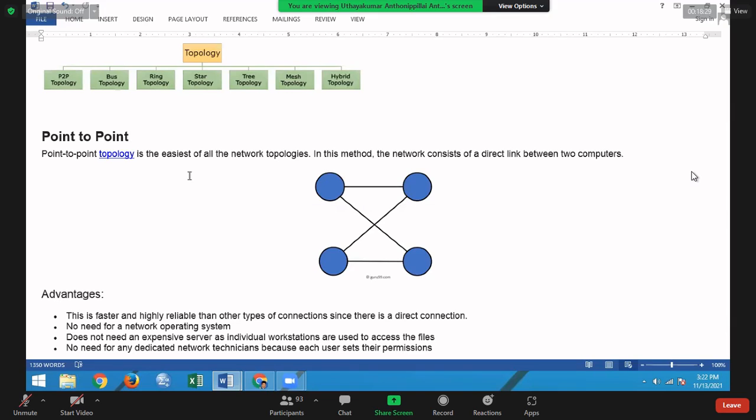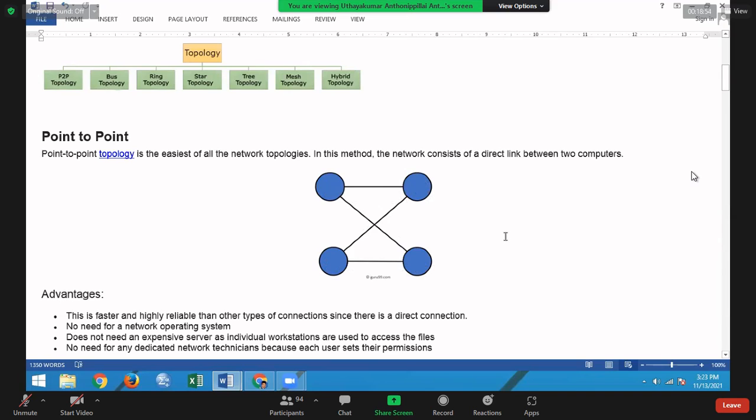So we can connect two computers using one cable, and likewise we can connect more computers. Here, this computer is connected to this computer, which is connected to this one, so they can be connected one after the other.